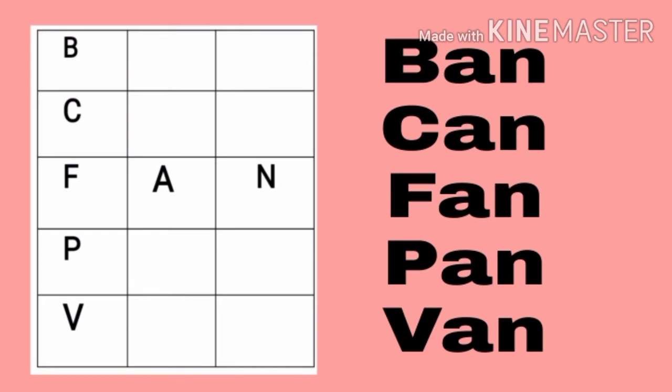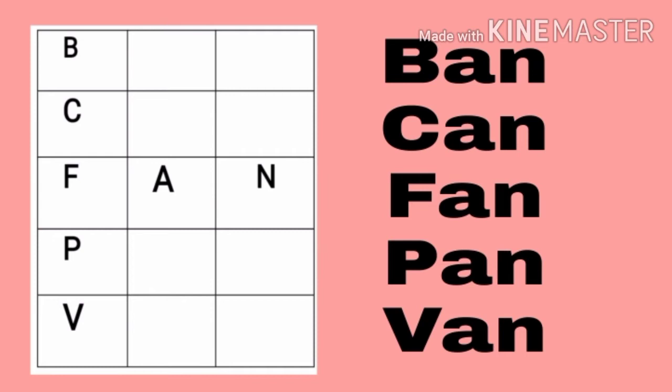So student, we all know that there are 5 vowels in English alphabets: A, E, I, O, U. These vowel sounds we use to make words. So first vowel is A and A's phonic sound is A. तो आज हम A से A vowel साउंड को लेकर कुछ वर्ड्स बनाएंगे.